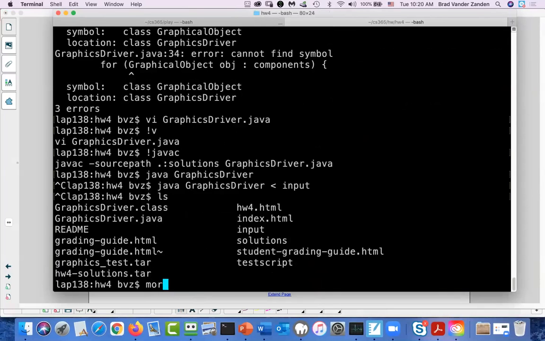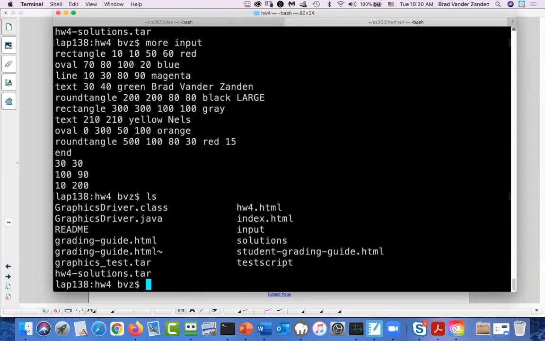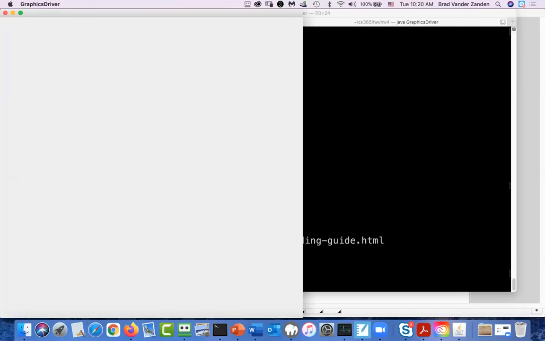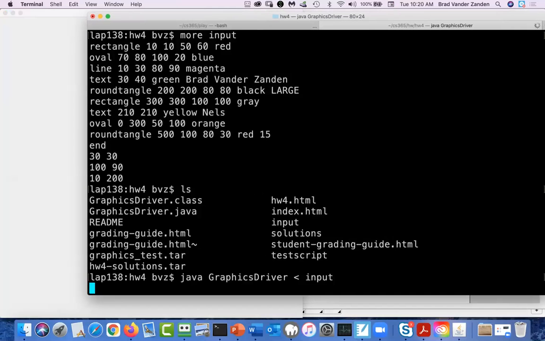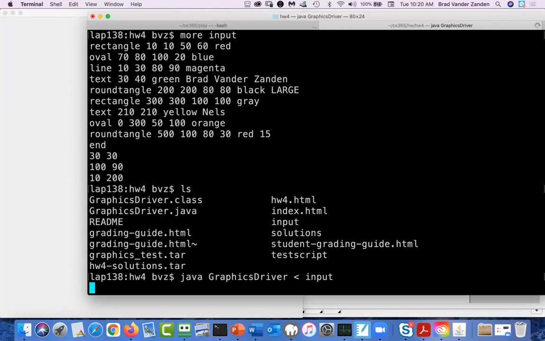Yep. And is it doing anything? It's not doing anything here. Interesting. It's not actually giving me an error message, but I don't think it's also able to find the right